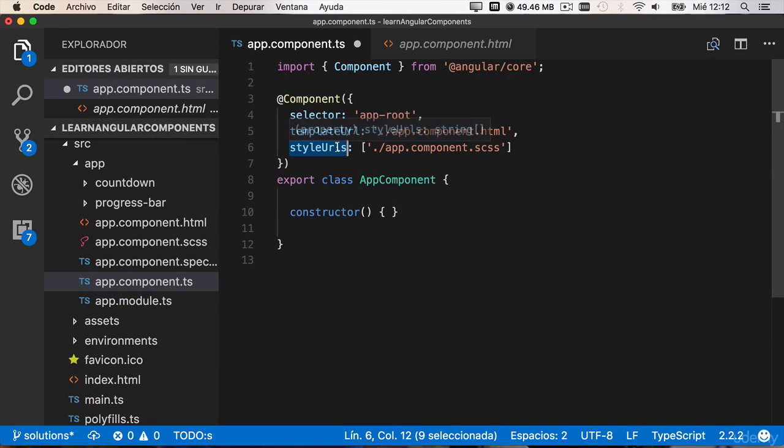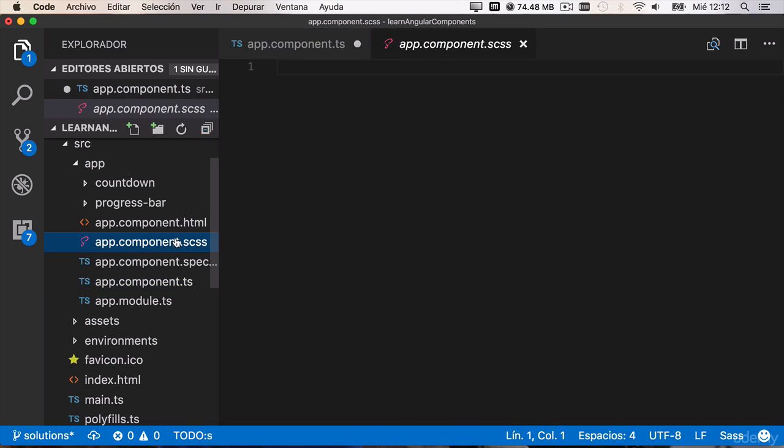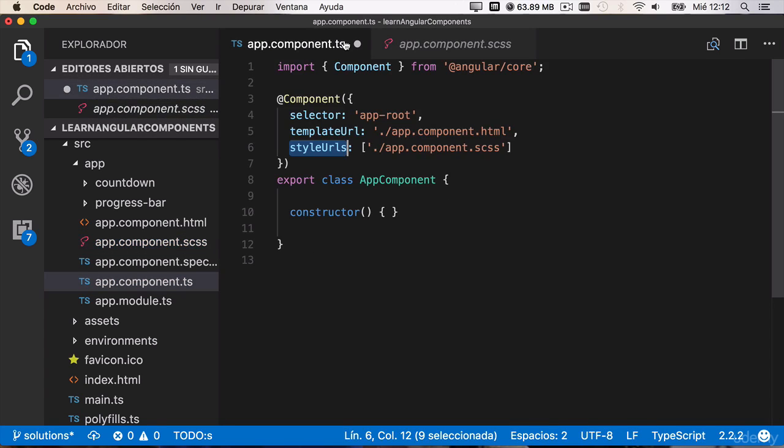Style URLs is the equivalent to template URLs, but with the style sheet. In this case, it expects an array of style sheets that apply over this component. In this case, app component SCSS, that as you can see is a completely empty file. You can see the app component SCSS, this is the Sass extension. So you can also pass here a CSS file, but it's a Sass file that during the build step is